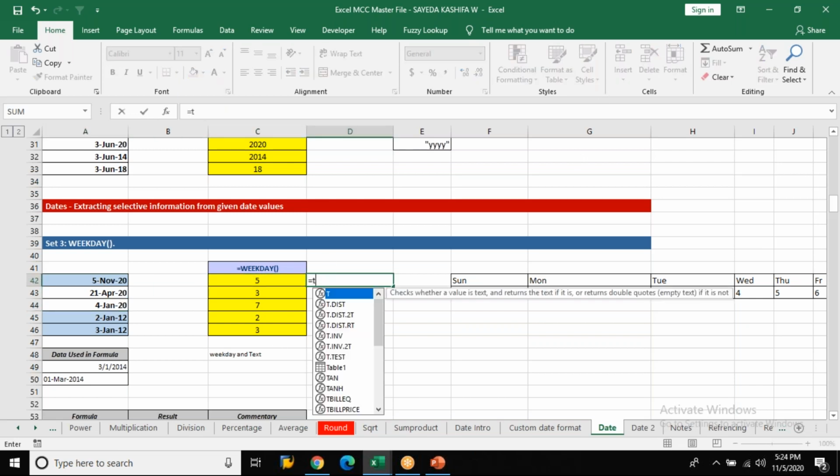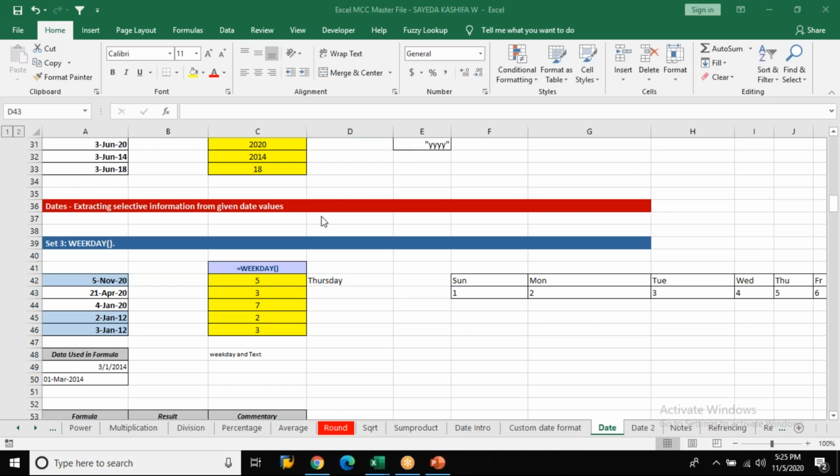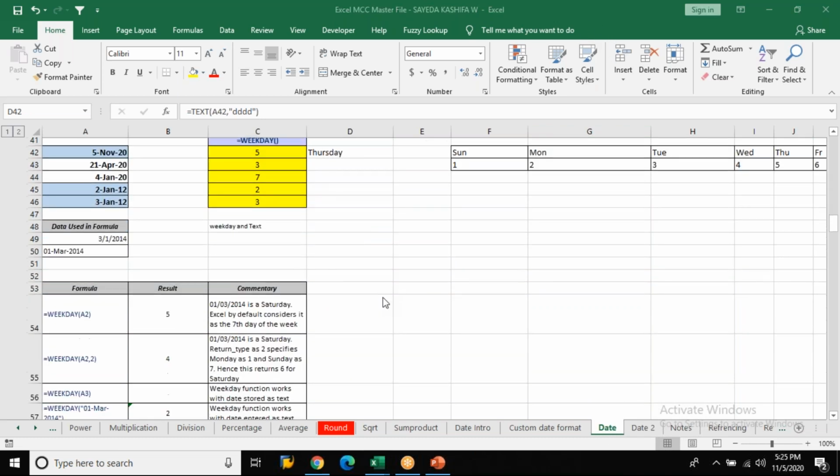But if I convert into TEXT, open the bracket, select the date, and it gives me what? It gives me Thursday. That is nothing but today is Thursday. Here in WEEKDAY it gives me number 5. Why? Because in Excel, 1 means Sunday, 2 means Monday, 3, 4, 5. 5 is nothing but Thursday. So that is what it gives you in terms of numbers, whereas TEXT will give you in the form of words. Keep that in mind.